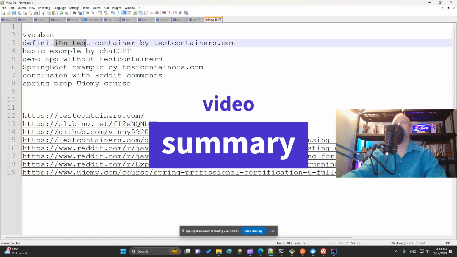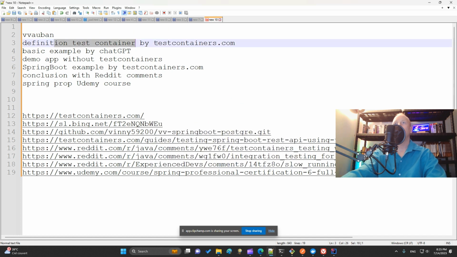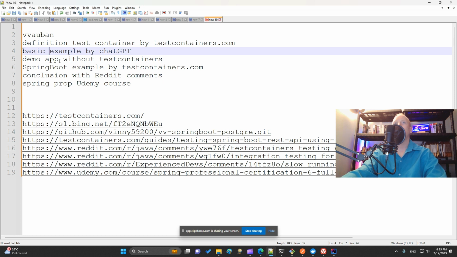First, define what this framework is, with the definition from testcontainers.com. Then ask ChatGPT for a little example to have an idea of what it looks like. Then check the demo app without Testcontainers. Say I have already built an application, but it doesn't run with Testcontainers.